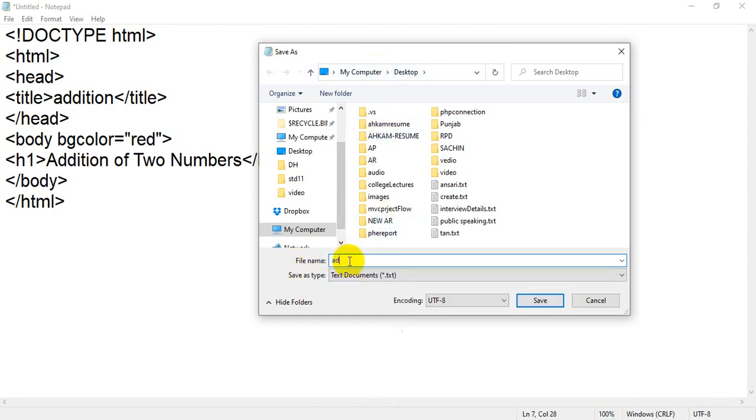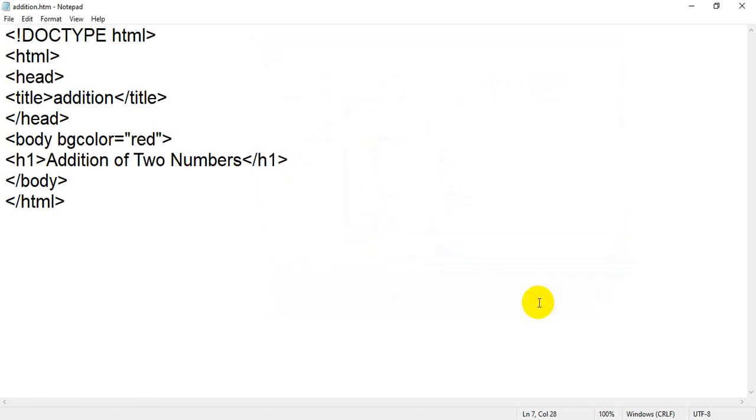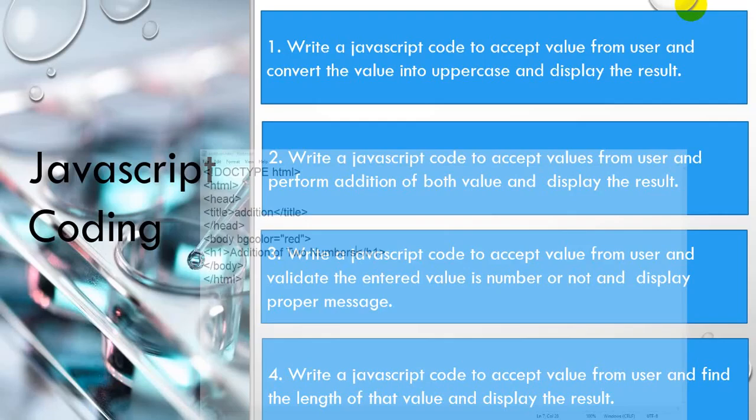My file name is, for example, addition.html. Okay, so .html is compulsory. You can save your HTML file with the .html extension, or you can save with the .htm extension. So I am going to save as .html. Click on save. Now your file has been saved.